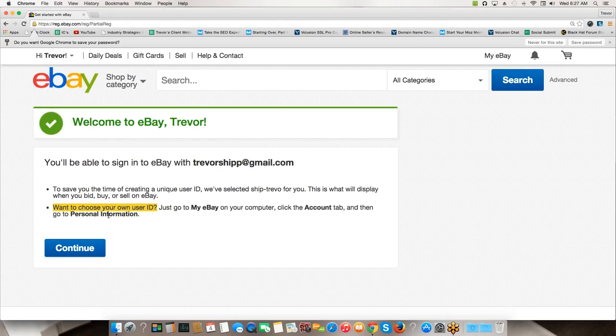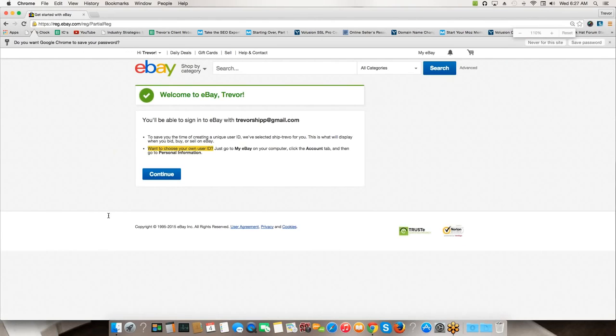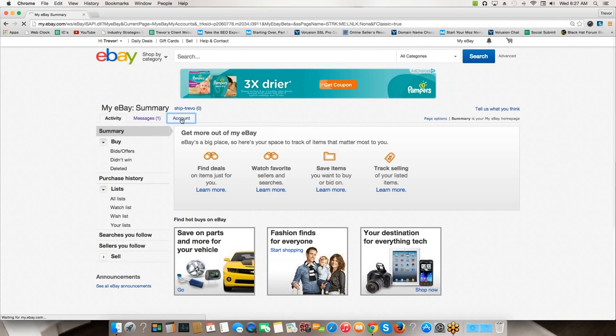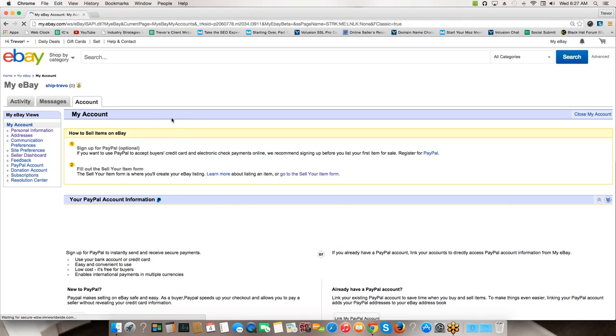So right here, the second bullet point, it says want to choose your own ID. Just go to My eBay on your computer, click the Account tab, and then go to Personal Information. Let me show you guys how to do that real quick. If you come right up here, if you can see my mouse, here's your My eBay section. This is kind of where all the magic happens. This is where you're going to do a lot of your selling and managing buyers, and we'll show more about this section later. But for the time being, if you come right over here to where it says Account,